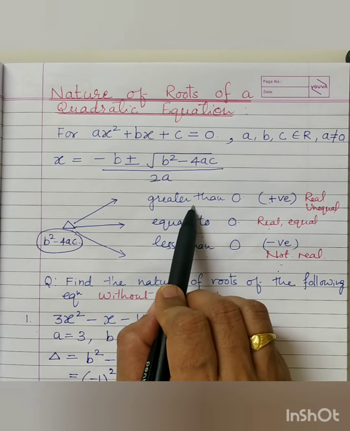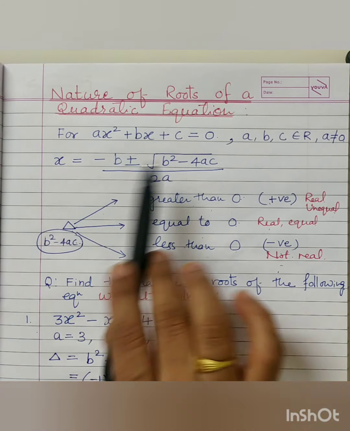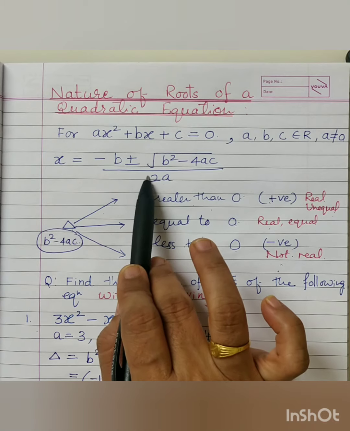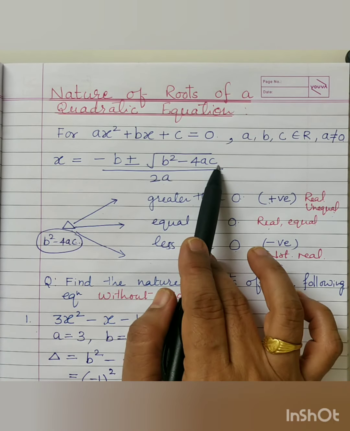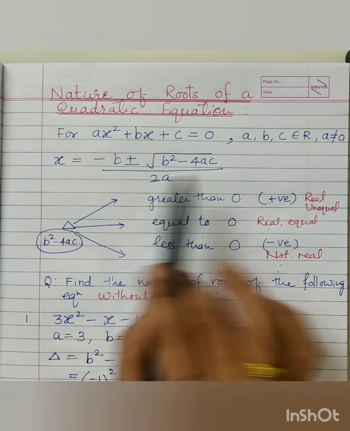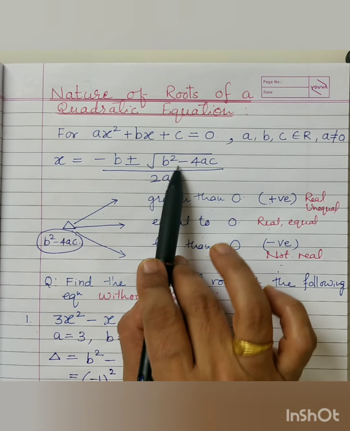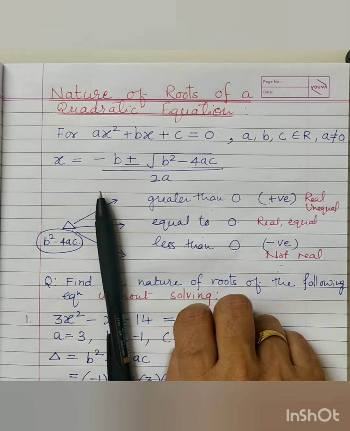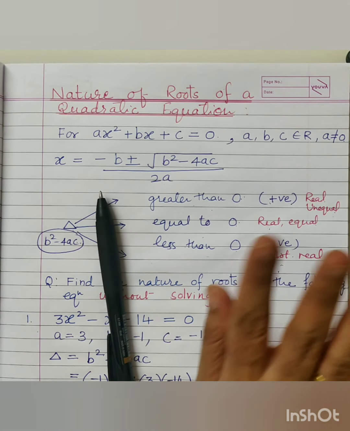First possibility is what? Delta is a number, any number which is greater than 0. Now since we are going to put the value of delta under root, let me make this point clearer. Delta is only b square minus 4ac. It is not under root b square minus 4ac. Clear? So, some value of delta has come. If you substitute it here, then for that positive value also two possibilities are there. Either that positive value is a perfect square or it is not a perfect square.